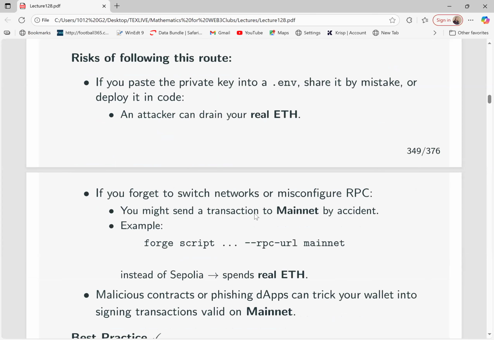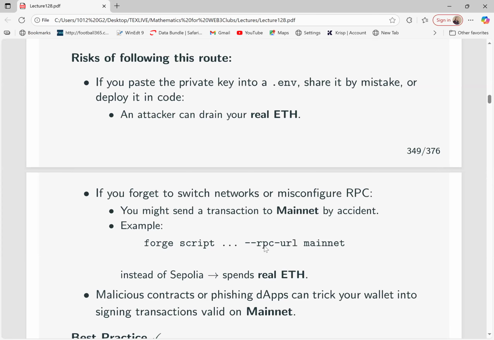Now, always remember to switch. There is this command, forge script. This command will be having it. So you remember to switch this mainnet to Sepolia. If you leave it like this, it means that though you've not committed your env, the problem is this command is sending your contract to testnet,